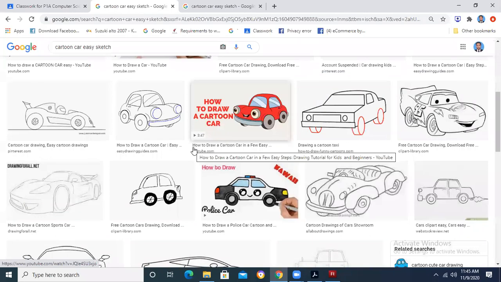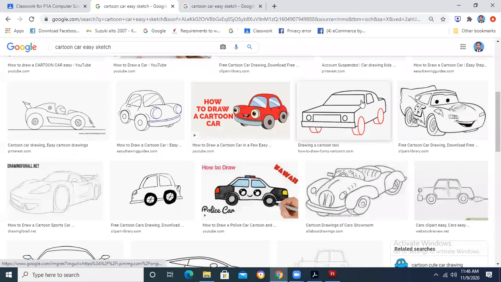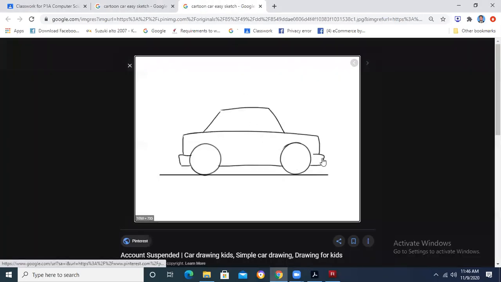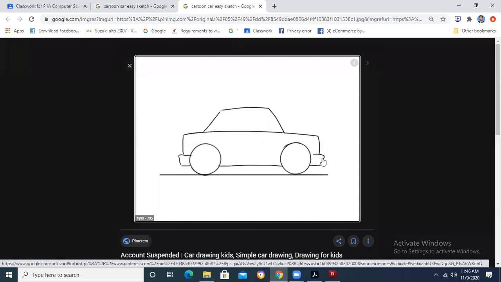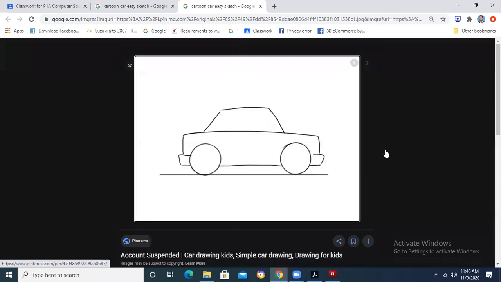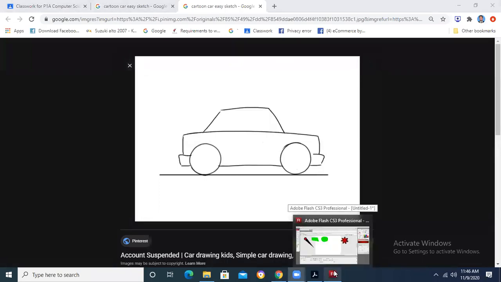There you will find a number of things which are available. You see this car. This car contains rectangles, ovals, rectangles, ovals. All the rectangles and ovals are there. So using these rectangles and ovals, you can draw some different kinds of shapes available in the car, and you can draw some different kind of things. This is the simplest example how you can draw a car by only drawing the rectangles and ovals. So this is not a big deal using the drawing tools. You can do this job quite conveniently using drawing tools.